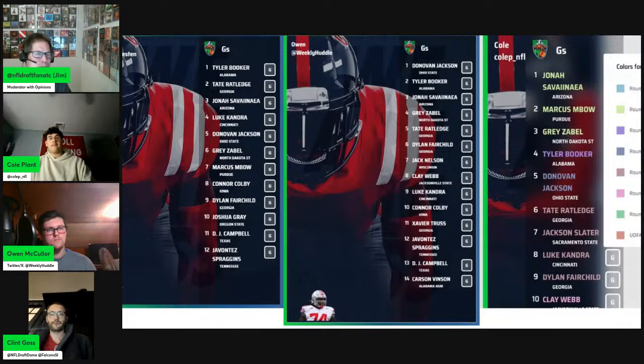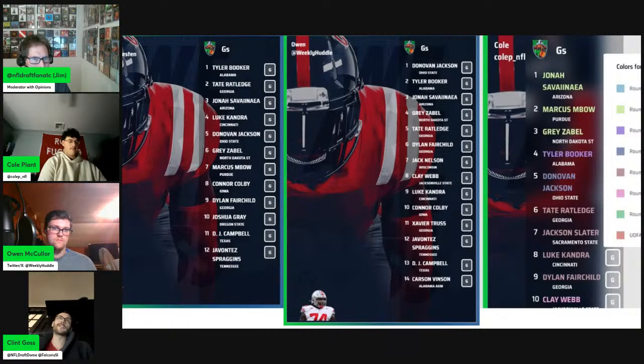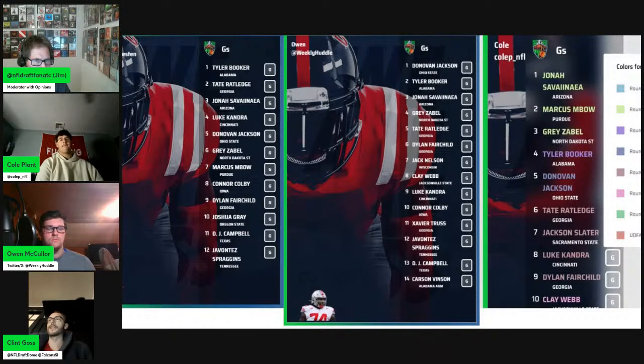And Clint, where do you have Luke Kandra? I got Kandra as an early fourth. I think Kandra sits right here, mentioning he is going to the Hula Bowl. He'll be one of the bigger names there. But the buzzword of the segment there that Cole already said, he's an outside zone guard. And I think